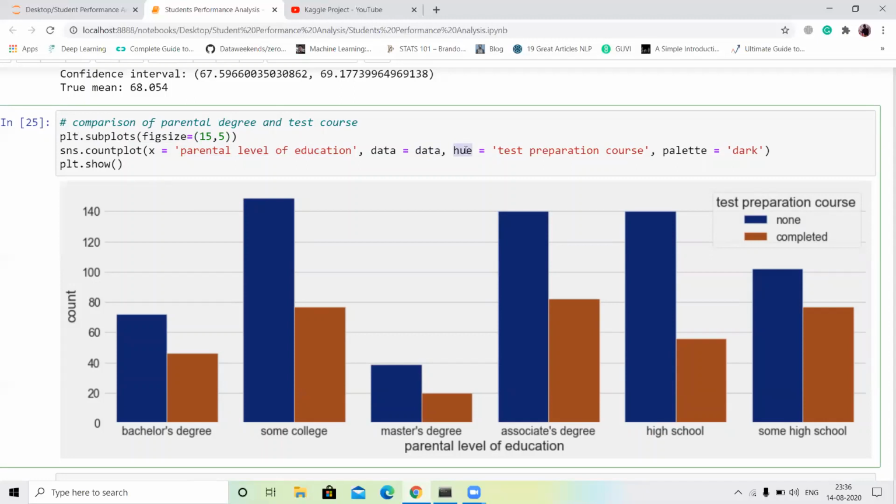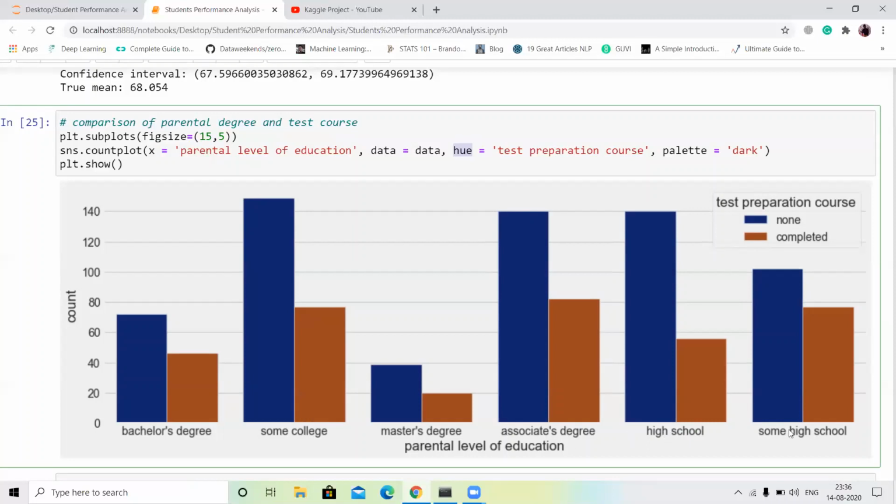Why did I define hue equal to test preparation course? You can see the test preparation course is none and completed. Those who have completed the course are the red color, and those who have not completed the course are the blue color. You can see in the bachelor's degree most of the students have not completed the course. In some college also there are lots of students who have not completed it, and the same for master's, associate's, and high school.